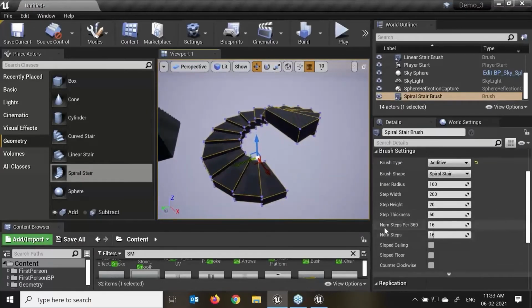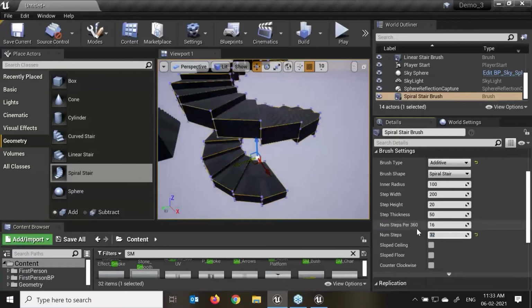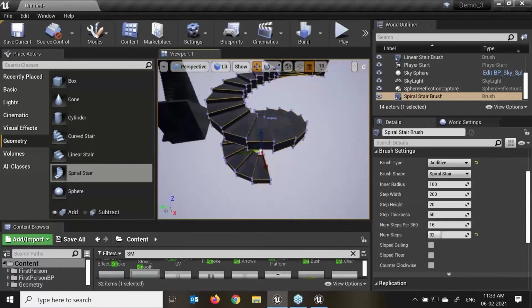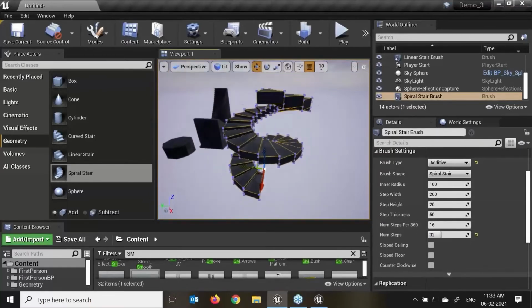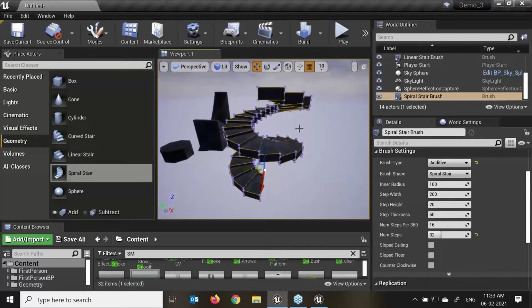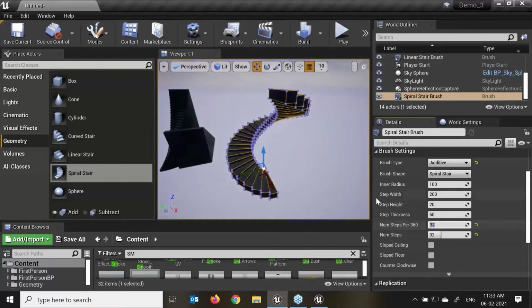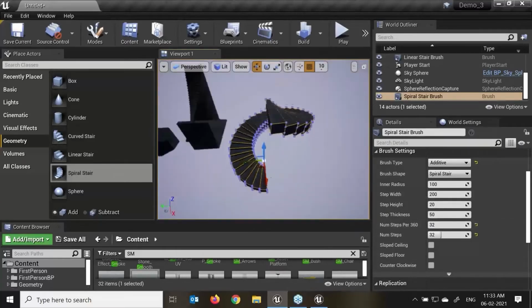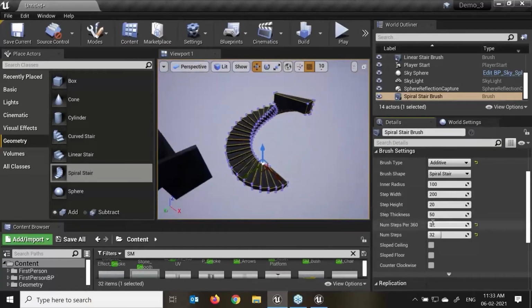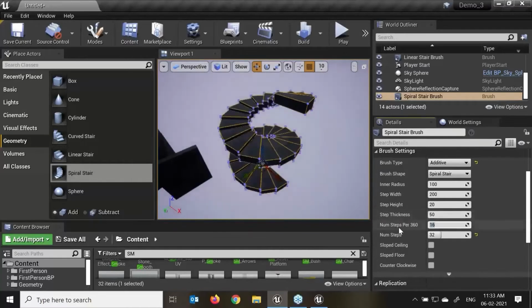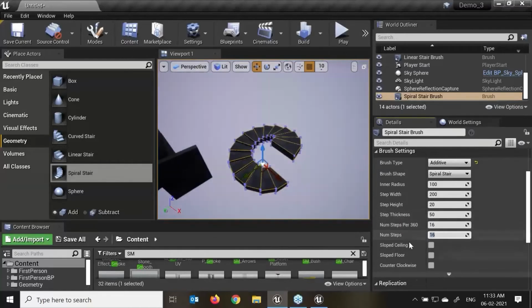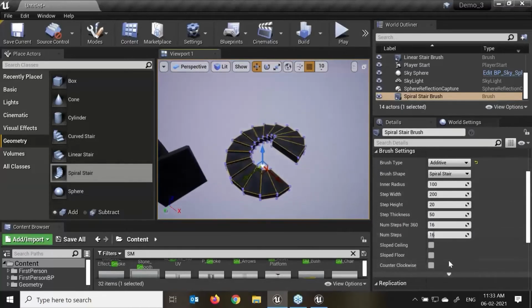Now here we can see the number of steps per 360 degrees. If I increase the maximum number of steps to 32, this will make 2 spiral rotations over here. And you can see this is the 1 and the 2. If I make this 32, that will be only 1 spiral rotation. Again, I'll make this 16, that will be only the one.